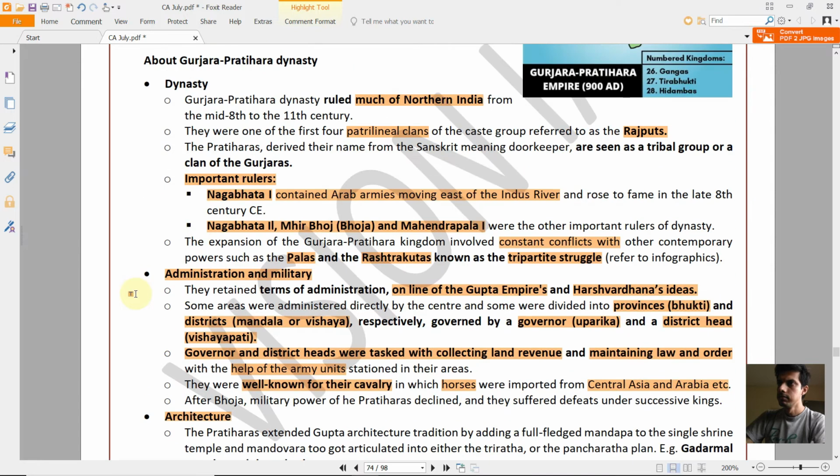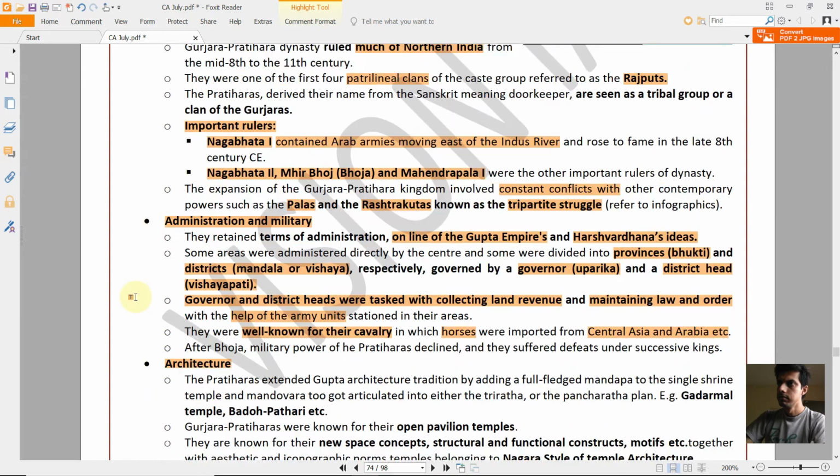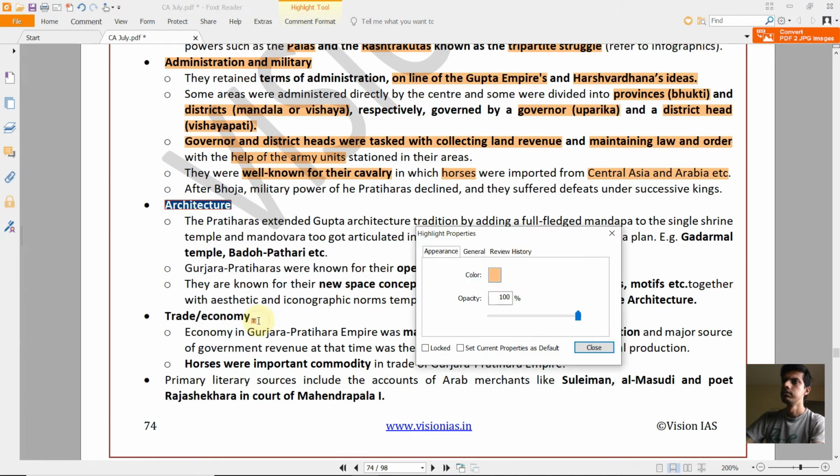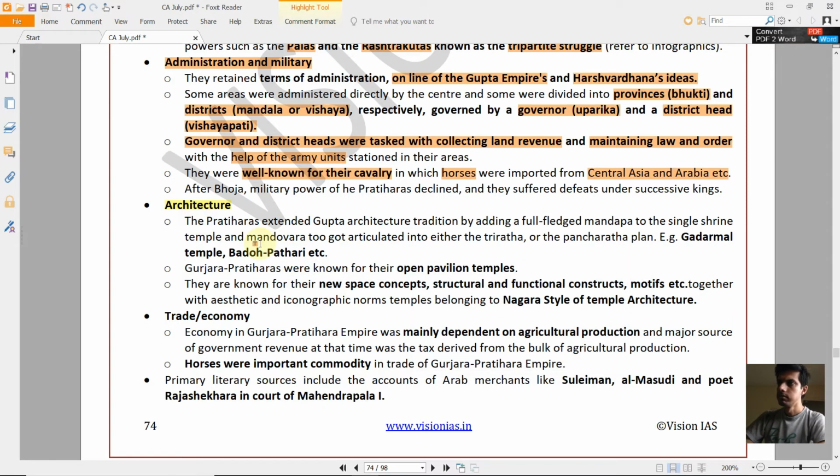So you can see that we can also change the color of highlights. If you right click and go to properties, you can select a different color like light yellow, and then select set current properties as default. Then all this architecture, whichever you are selecting, will be in one particular color.